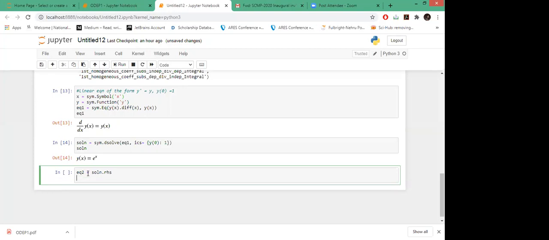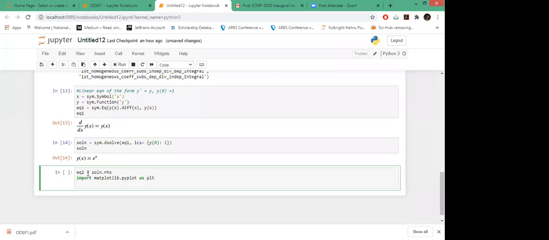I have this e to the power x function, and for plotting, I will import matplotlib.pyplot as plt. This is my library in which I can plot basic mathematical functions. Now I'm working in the library SymPy, right?